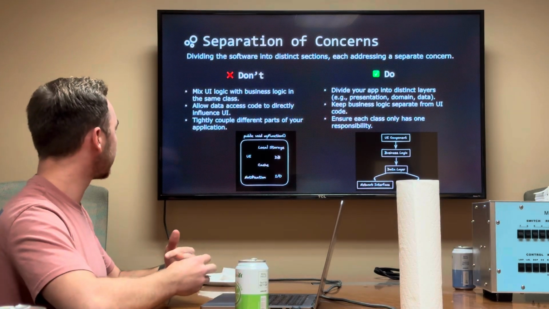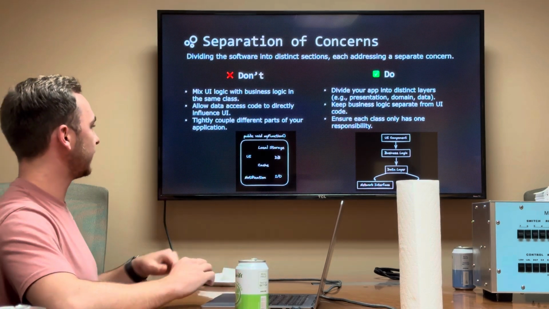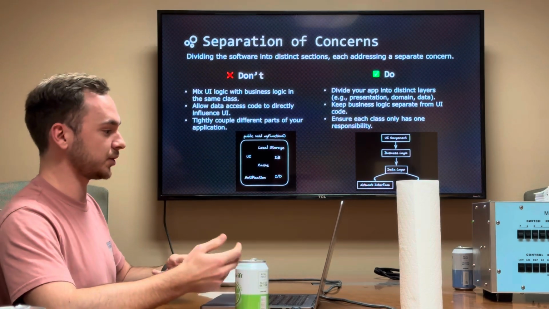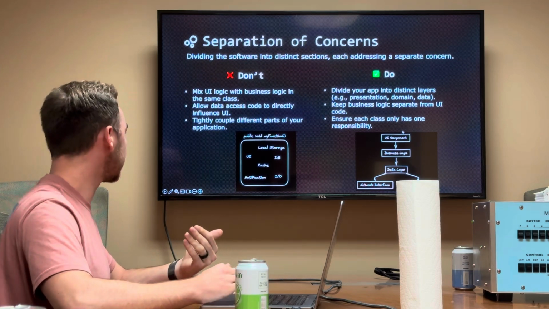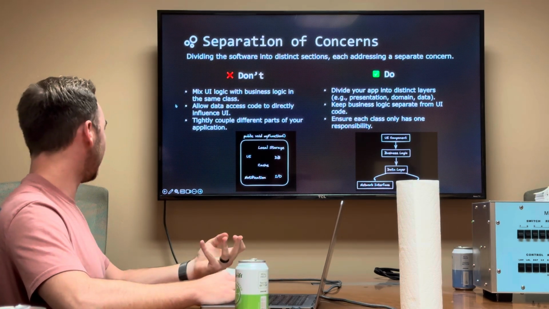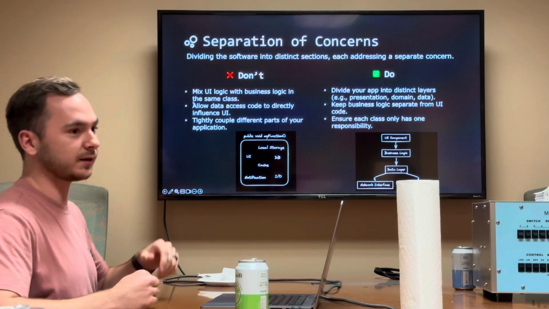So the first one is separation of concerns, which is we want to divide the software into distinct sections. And I feel like the easiest way for me to explain what these things are is just to give a list of what it looks like to not accomplish this and what it looks like to accomplish this. So don't do the following. Don't mix UI logic with business logic in the same class. If you have a class that